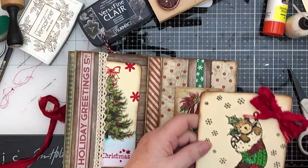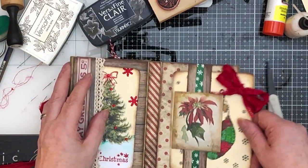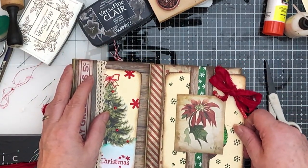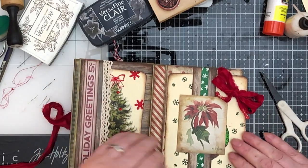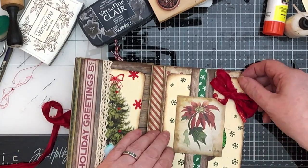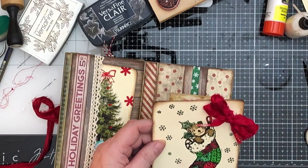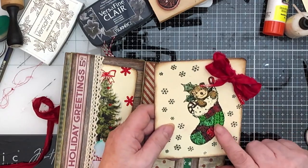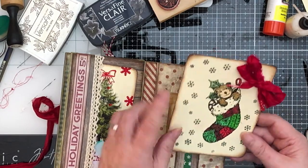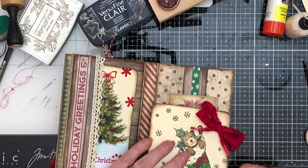Right, so this is the belly band that we want this to fit under. So far so good. Oh, it's too wide. I've made it too wide. How could I have done that? What a silly woman. Well, it's a good job that this is closer to that edge than this. That's all I can say, because I'm going to have to take a bit off that